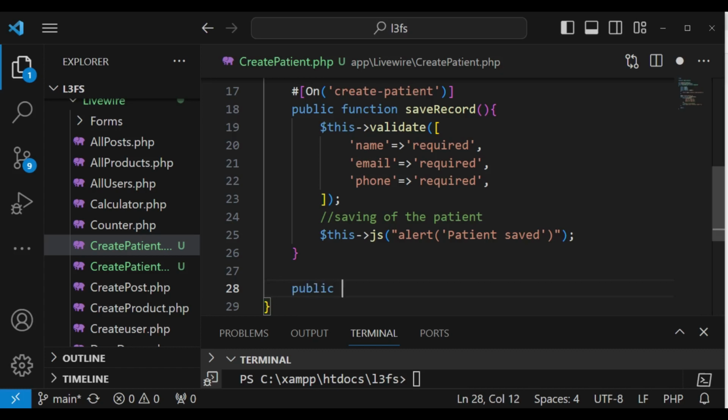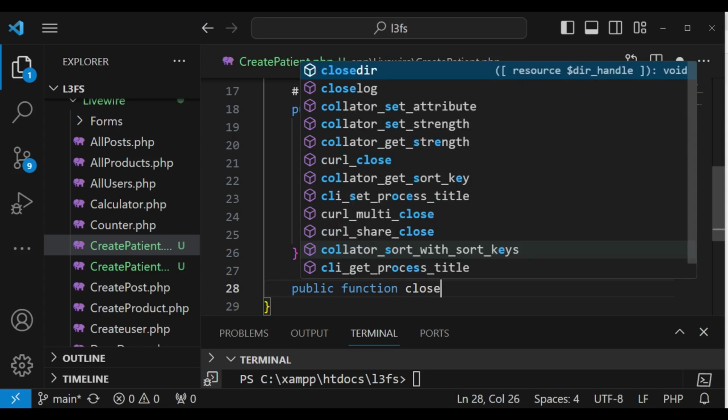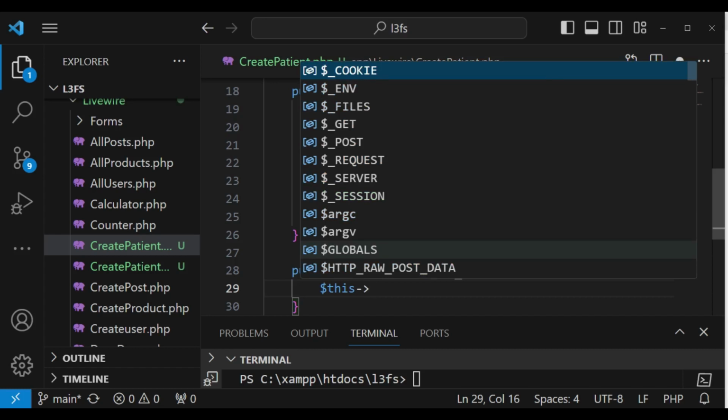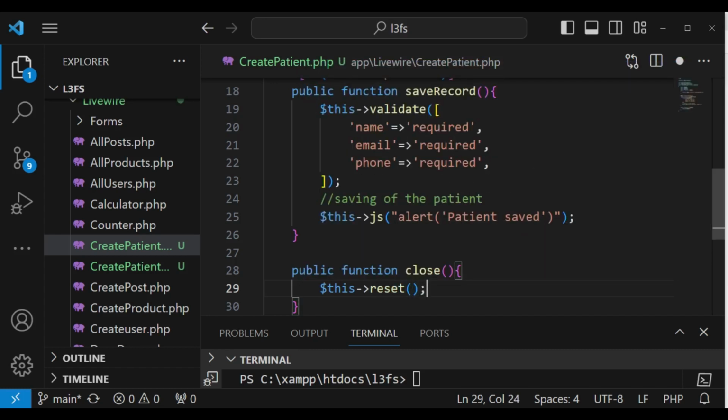Public function close, like that. And then inside here we are going to just have this reset, like that. So we will reset everything to the initial values, and here we are going to listen to